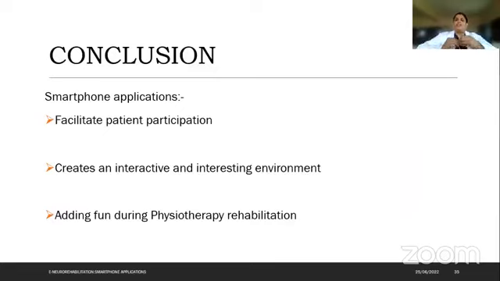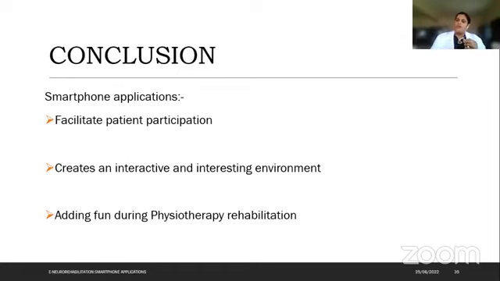If we see smartphone applications, everybody is having a smartphone. So acceptability is there. Then for lower socioeconomic status, you can get a free version, and those who can afford can get a paid version. Then a certain education level is required. Now we cannot give the smartphone application to each and every patient. A certain education level of the patient should be there. But nowadays, I would suggest that each and every individual knows how to operate a mobile. So that can be there.